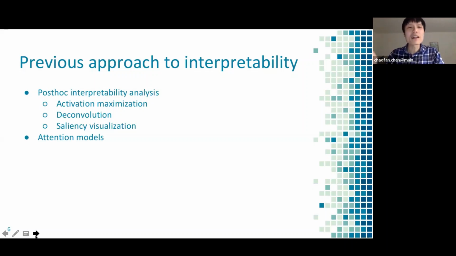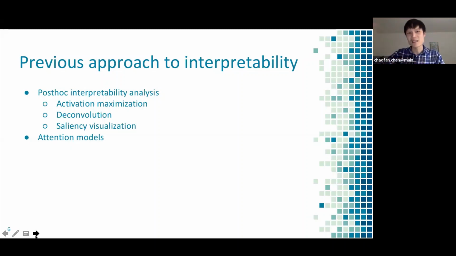And the important part about post hoc interpretability analysis or explainability analysis is that they actually do not explain the reasoning process of how a neural network makes its decision, because the neural network is not trained to develop this explanation, right? We try to fit some kind of mechanism to explain it.